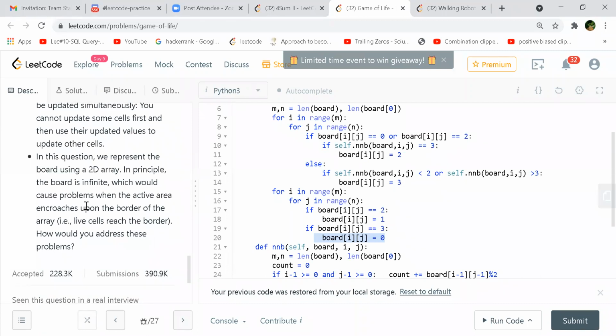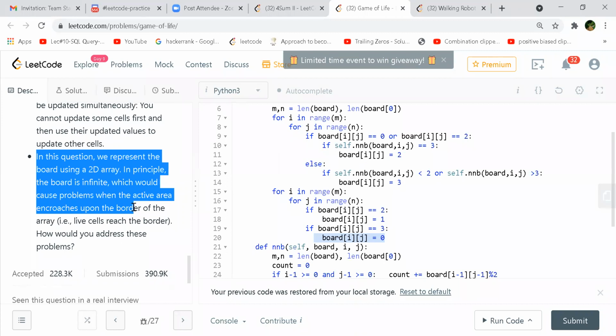Now if you go for the second follow-up, they are saying if the board size is infinite. So it means that if we have a very big board, what does the discussion say?